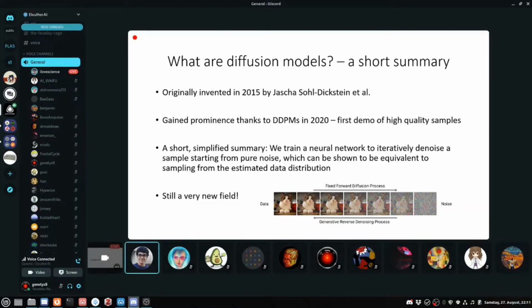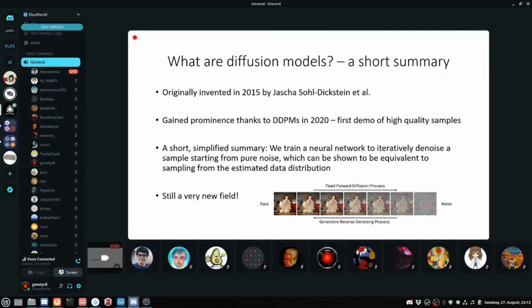Just a brief summary of diffusion models in general before we dive into the DDPM paper. Originally, diffusion models were introduced all the way back in 2015 by a paper by Sohl-Dickstein et al. That was the first paper, but people weren't really utilizing or paying attention to the method until 2020, when we saw the DDPM paper. This was the first demonstration of high quality samples being produced by diffusion models, and that set off the whole rage, and everyone started looking into this and improving